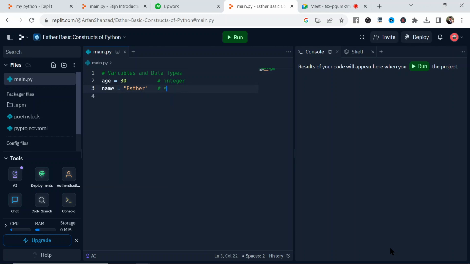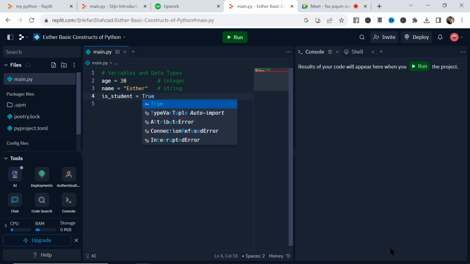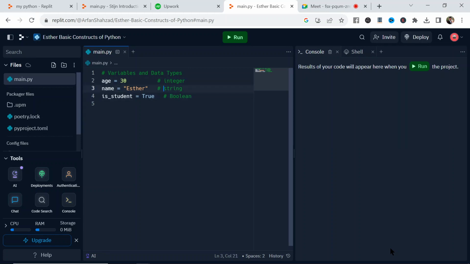So it's a string. Then I can declare some other variable, for example, is student. So true. It is a boolean variable. Boolean variables only contain true and false values. Fine. Okay,